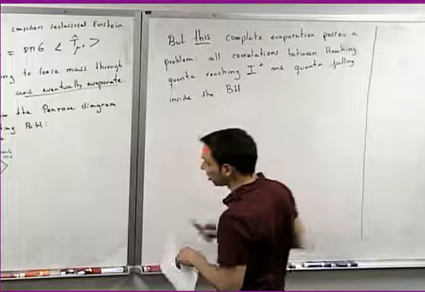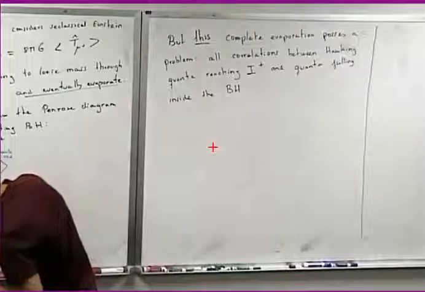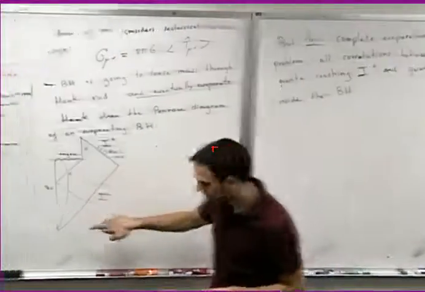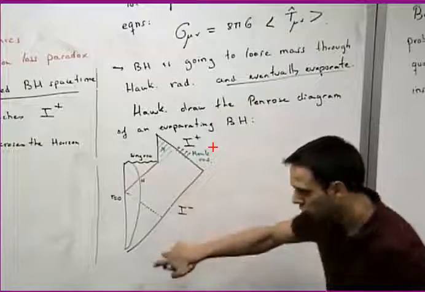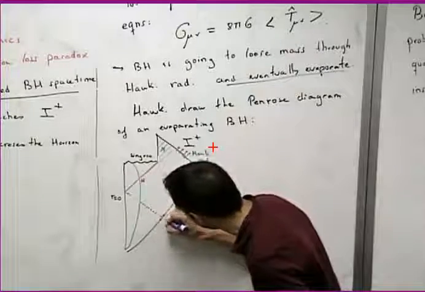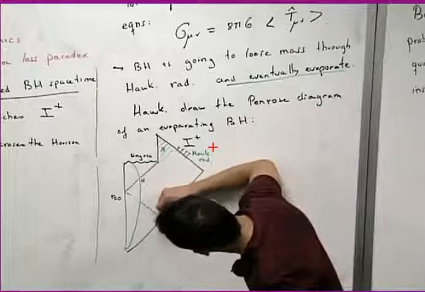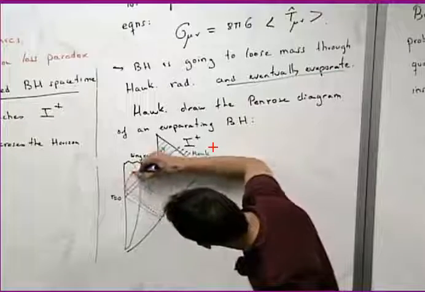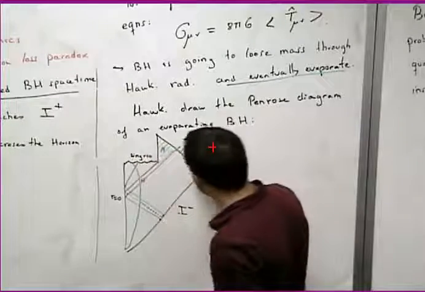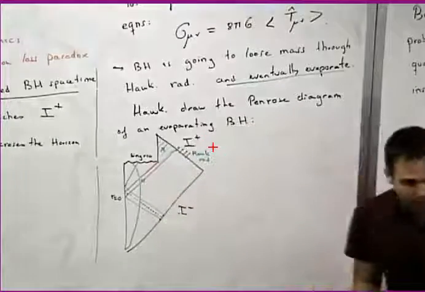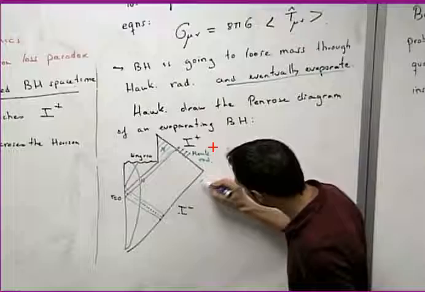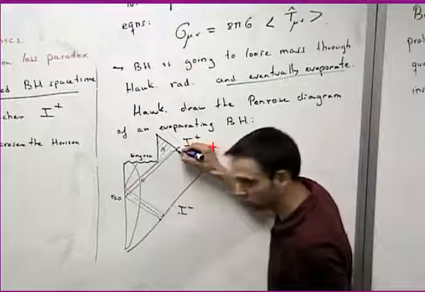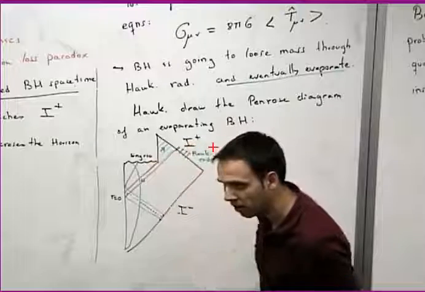Remember, the picture here was that, let me just draw this line. The initial in vacuum in scri minus was full of correlations. The 2-point function was non-zero, but there were correlations between this point and this point. But this corresponds to mode functions that escape to infinity, Hawking radiation, and these two mode functions that go to the singularity. So we realize that these two guys are 100% correlated, and this is why this pure state looks like a mixed state here. Each Hawking quanta is correlated precisely with one quanta going inside the horizon.